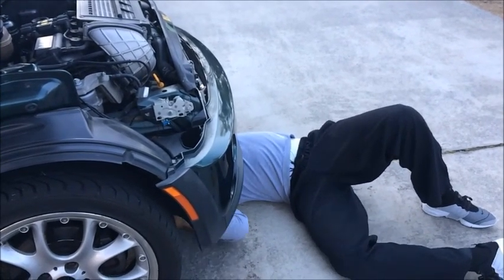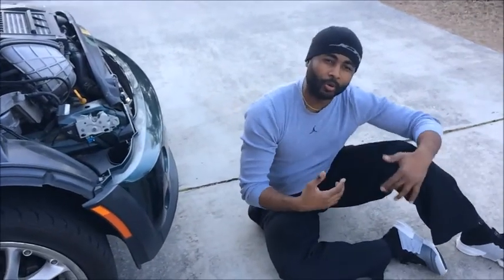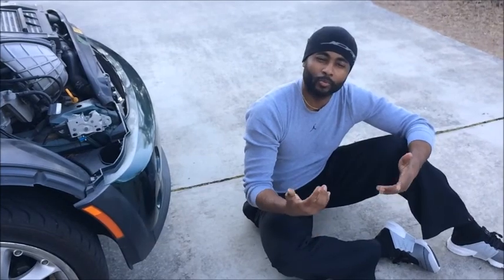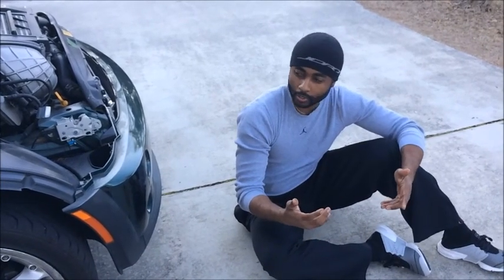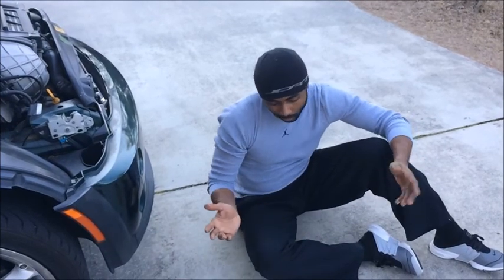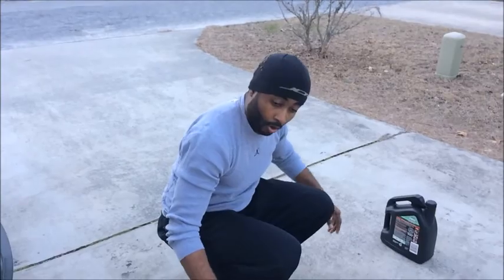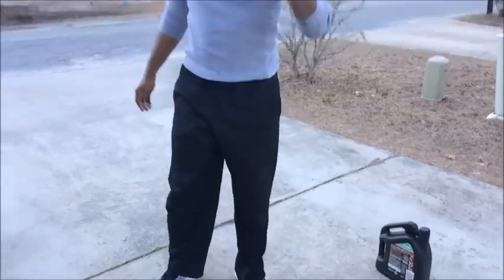Now they say it's recommended that after you let it run for a little while, you might want to go back under there and just tighten the drain plug a little bit more, give it a little extra torque, just because it may loosen up a little bit when you start riding and vibrating, which is typically normal. So guys, once you're done with that, all you have to do now is grab your funnel,